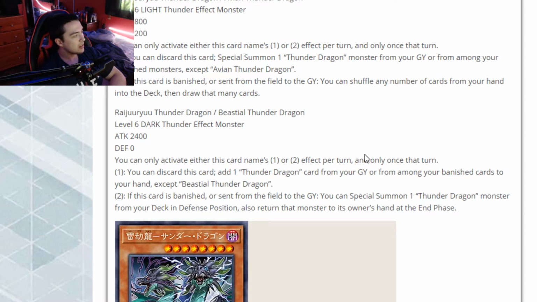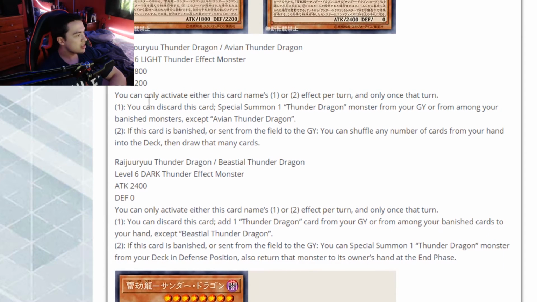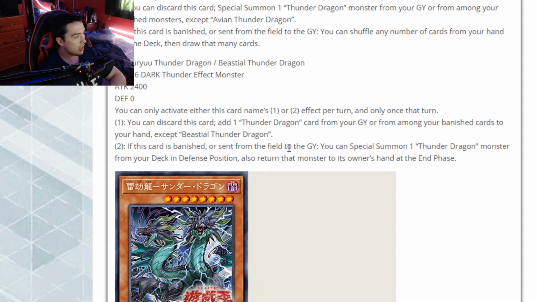So let's say these 2 are in your graveyard. You summon a BLS, for example. This is the most simple example I can get. Banish these 2. You get to shuffle any number of cards in your hand and redraw into a better hand on top of getting a BLS. And then the other one will allow you to